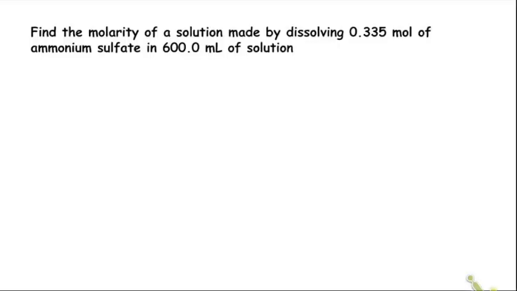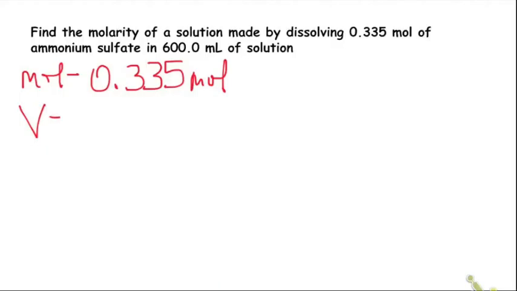Alright, so let's look at our first problem. We want to find the molarity of a solution made by dissolving 0.335 moles of ammonium sulfate in 600 milliliters of solution. And so just like we've done in all the math problems in this class, we're going to pull out what we know. So we've got some number of moles, in this case 0.335 moles. We've got our volume, which is 600 milliliters,